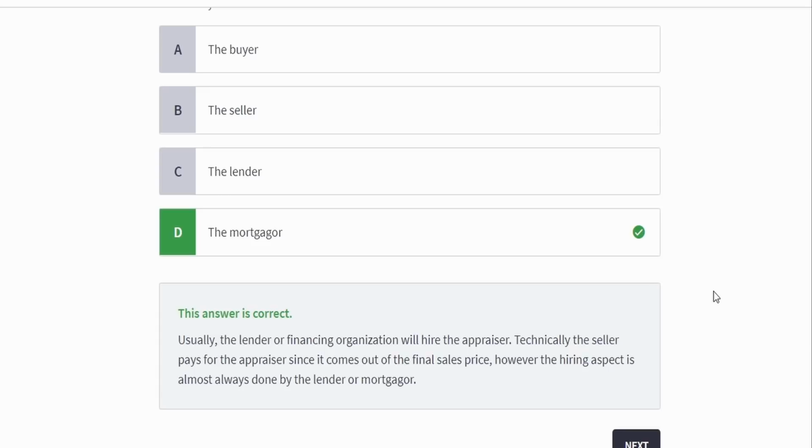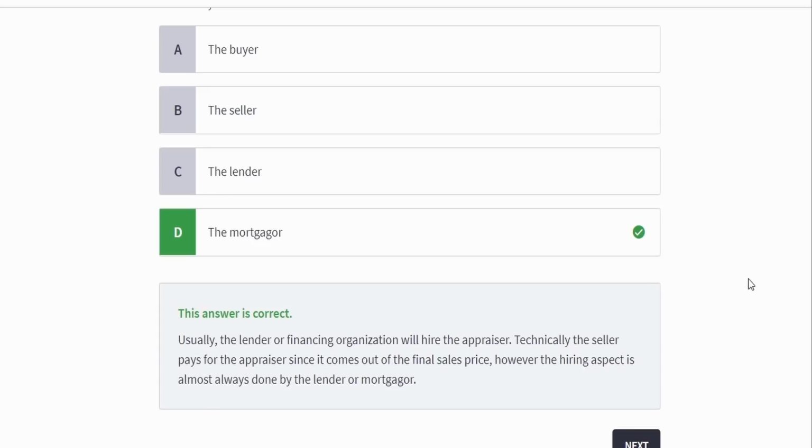Technically, the seller pays for the appraiser since it comes out of the final sales price. However, the hiring aspect is actually almost always done by the lender or mortgagor. So keep that in mind as well. And again, remember these terms, guys, when I discussed them in the first video,